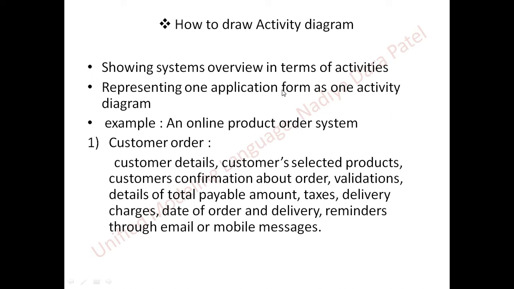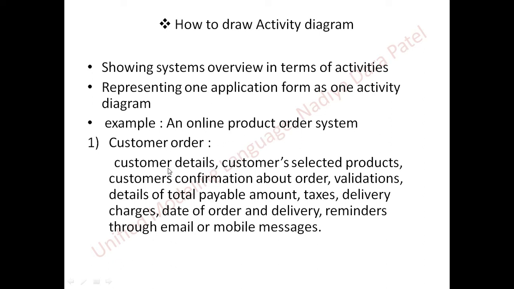Say for example, it is an admission process system for a student. If your project is admission process, it will have an admission process form, which is a very big form which collects students' personal information, academic results, and everything gets tallied. That becomes a very important application form from your system. You can pick that form and find all the smaller different activities from it and draw it. So one example I have taken here is a system for an online product ordering system.